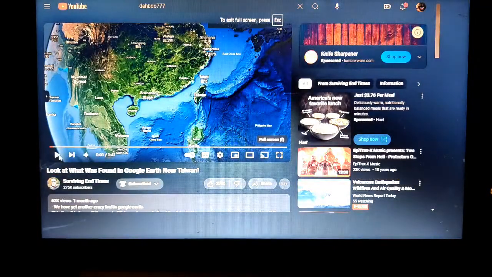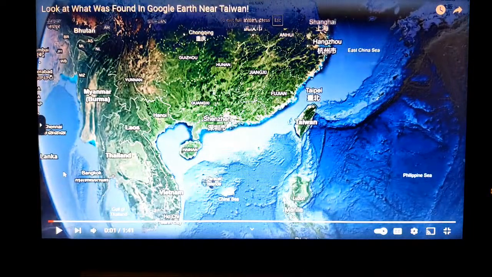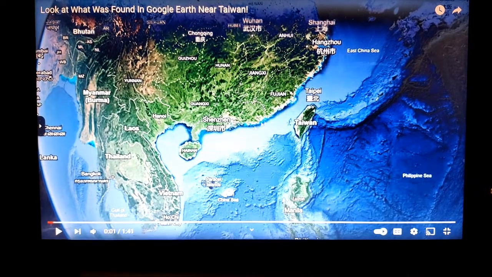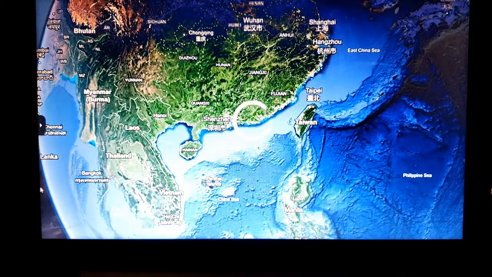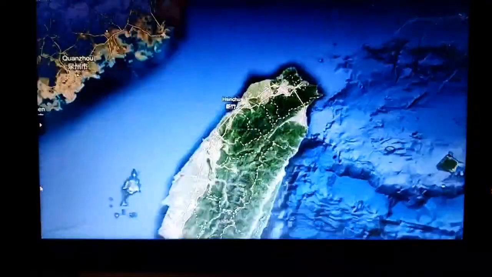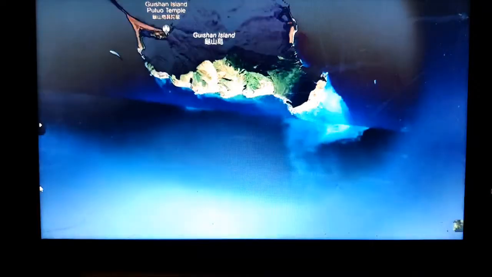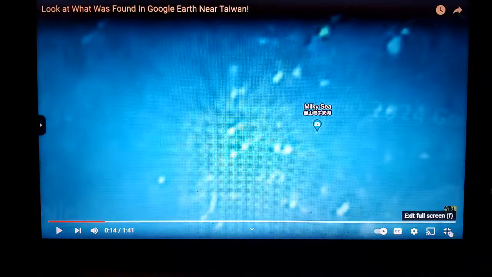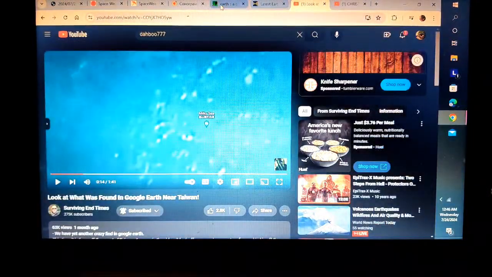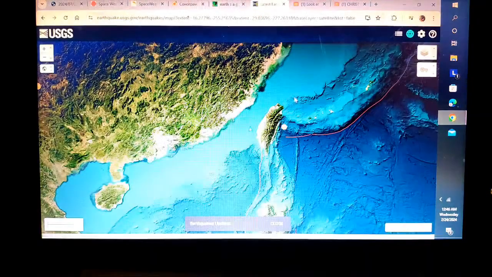And this is Dabu 77 reporting this, so I'm going to use this for educational purposes. You're going to see here we are at Taiwan, and this is Google Earth. So I'll just take you in here real quick. It's Dabu 7. I want to share with you guys a crazy find on Google Earth off the coast of Taiwan. Sorry, I took you to the wrong island. Shout outs to Coco on this. I pointed out the wrong island to you guys. It's up here.